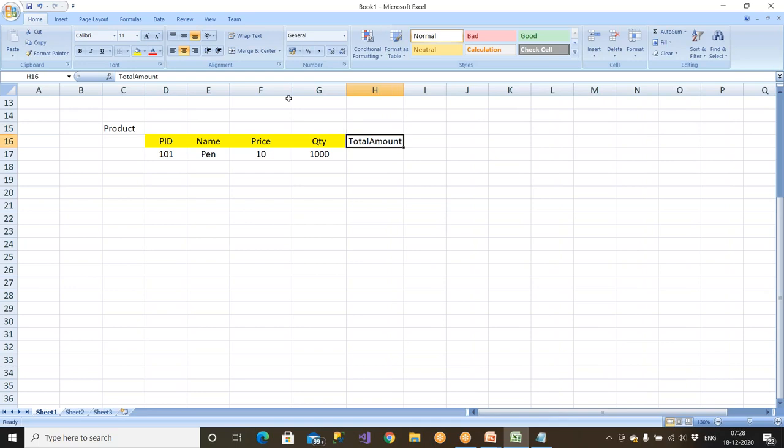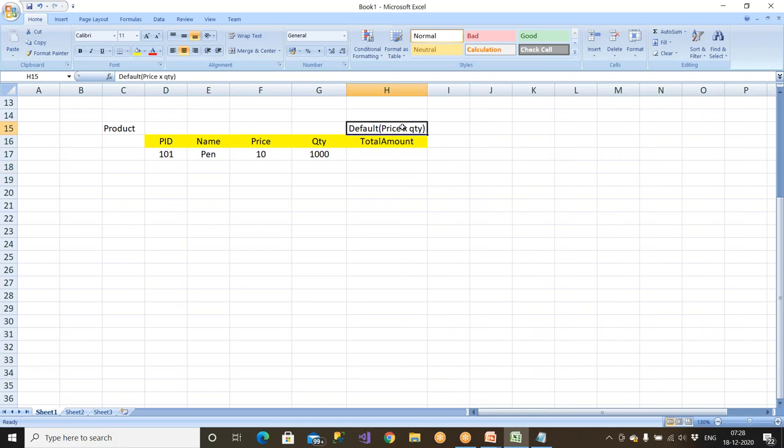So here I want to have a default value. What is the default value here? The default value I am writing is price into quantity. I write an expression here. Whenever I write an expression, I don't put the data here, so automatically this into this happens.